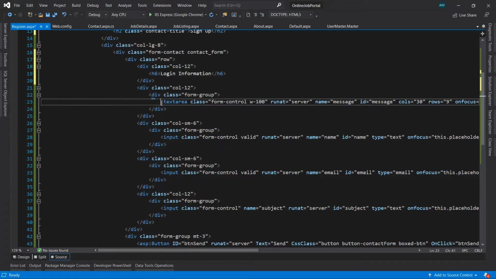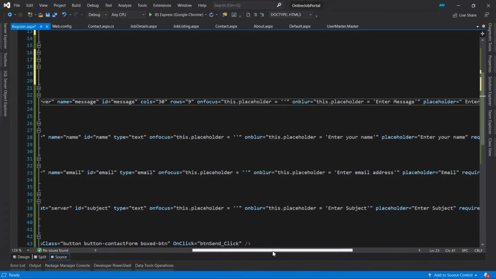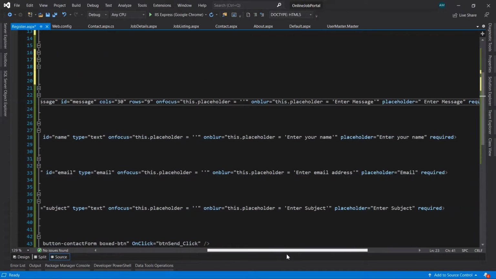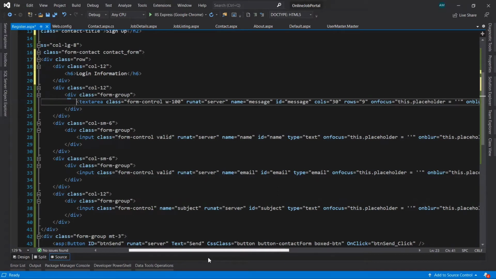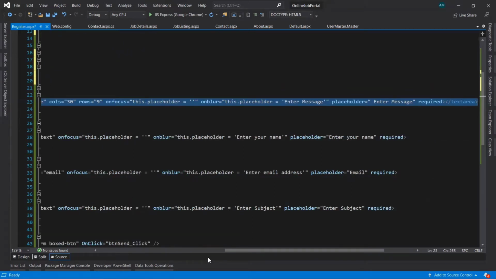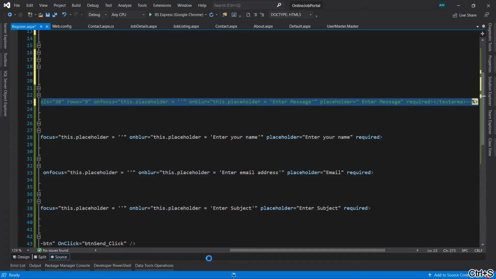We are going to remove this text area; we can comment it out. Press Control K C, so it's been commented.